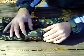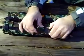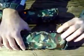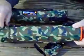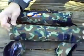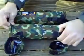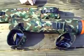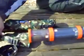The only way you can get these tubes out is you sometimes have to take the stuff out of the pocket. I might not be talking loud enough, I don't know. Apologize for the wind today. It's 37 degrees and the wind's blowing at 17 miles an hour, so it's kind of a good review and a good test of this stuff since our hands are cold. Mine are frozen. You kind of have to twist it to get it out,